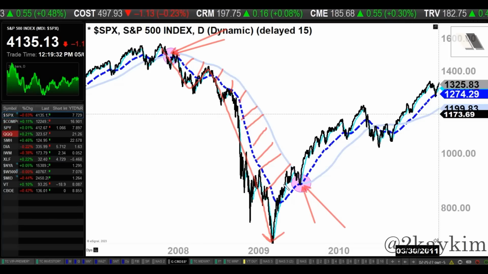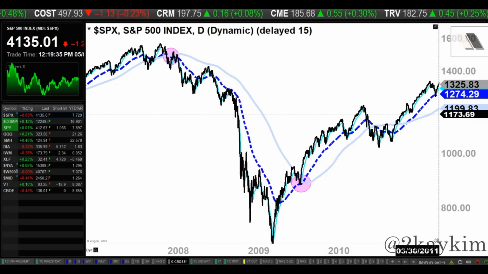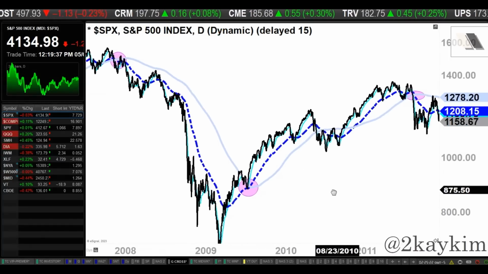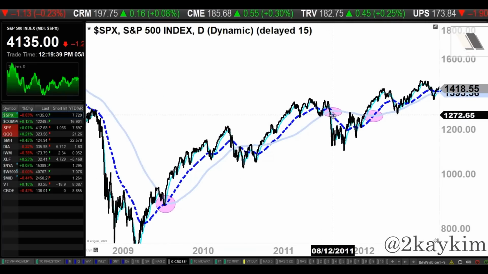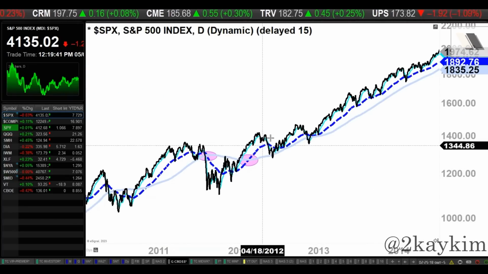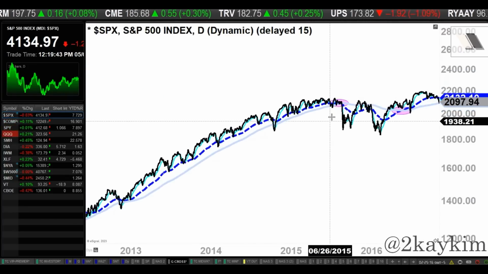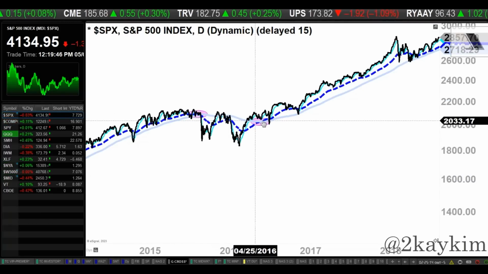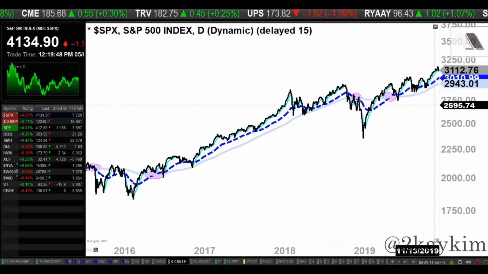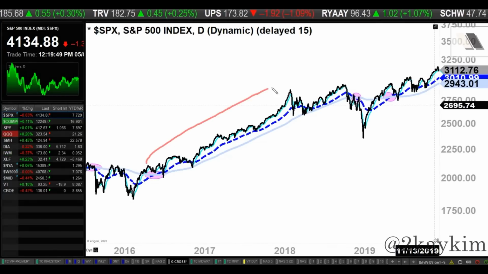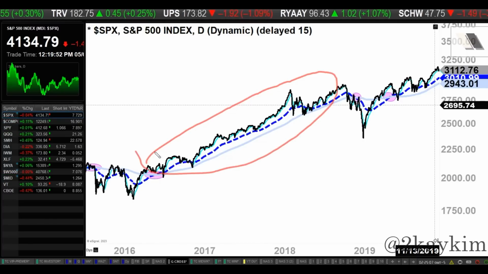So if you saw this signal in 2009, that would have been a great opportunity. And around 2011, we see the same signal there, but it quickly recovered, golden cross there. Same thing in 2015 and 16, that cross, golden cross, pretty quickly recovered. This is what is known as the Trump rally right here. And then we came to